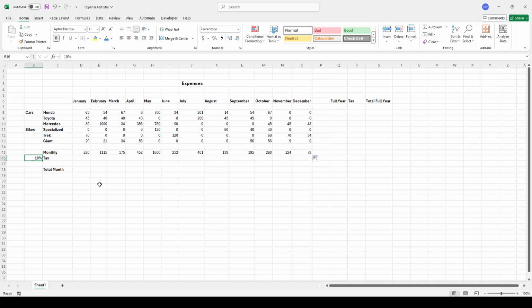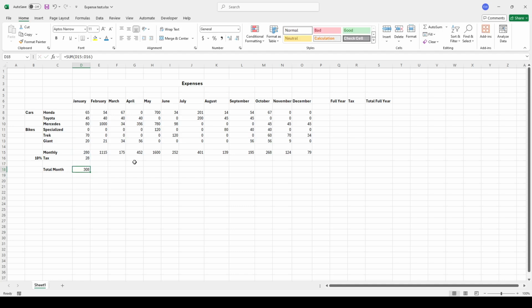Now let's say we wanted to add a tax component in. So tax is 10% of what your total is. So we'd quite easily just put a new formula in. We'd do that times our tax amount, 10%, to get 28, and then we would sum those two values to